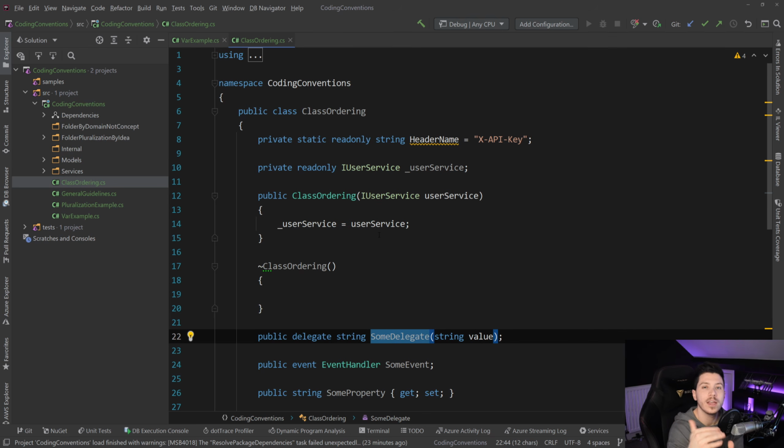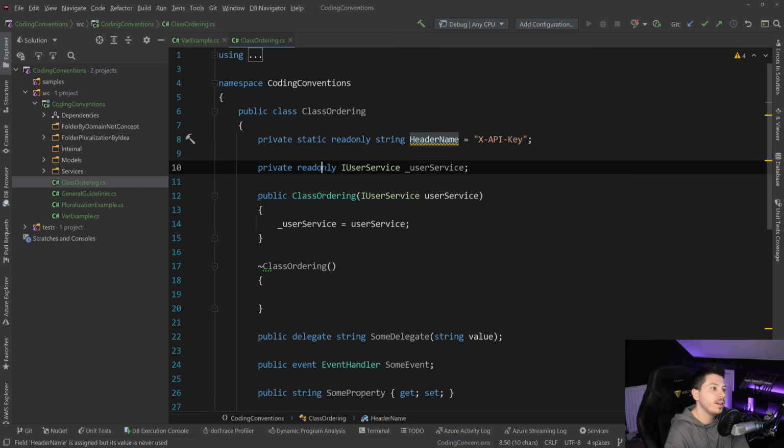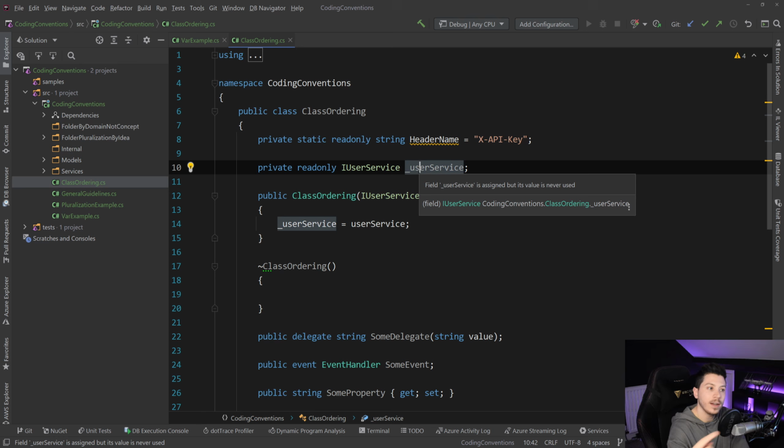So how should I order my things in a class, like everything? I don't really follow this 100% of the time, but here's how I order them and here's how I name them. For static read-only things or for constants, I have Pascal case and they go at the top. And then I have my private read-only fields and they follow the underscore and then a camel case. And I do that instead of this dot or not having it at all or m underscore, just because it